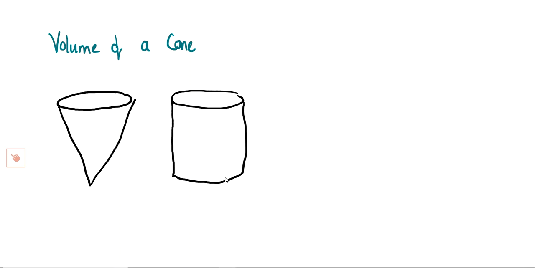So the height of the cylinder has to match the height of the cone. Perpendicular height, right? You noticed the cone was exactly the same height as the cylinder. That was important. What was also the same was